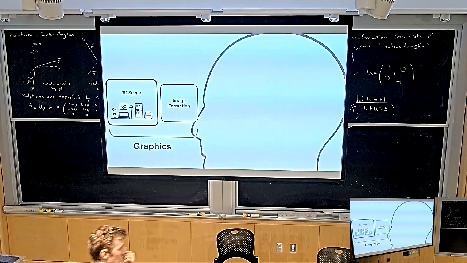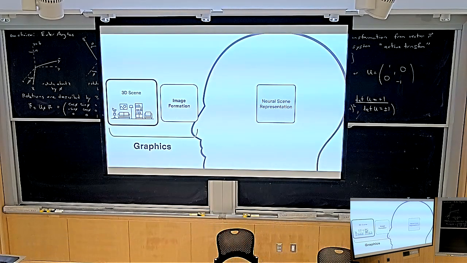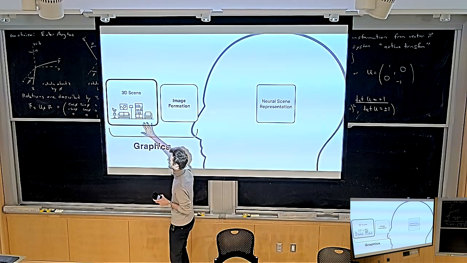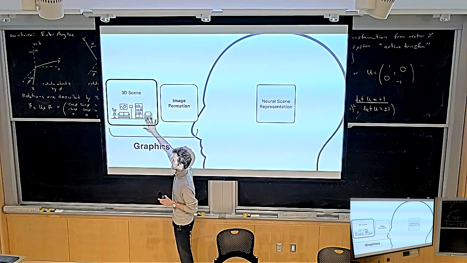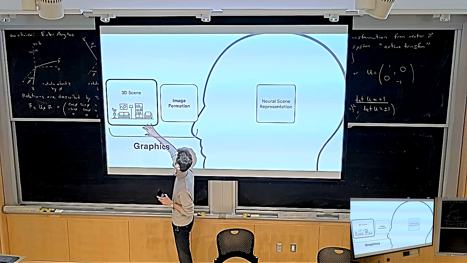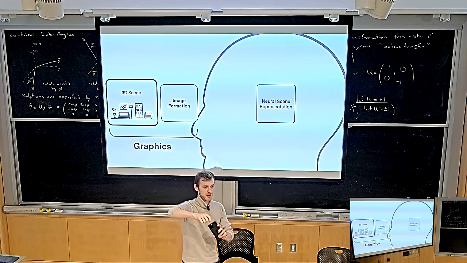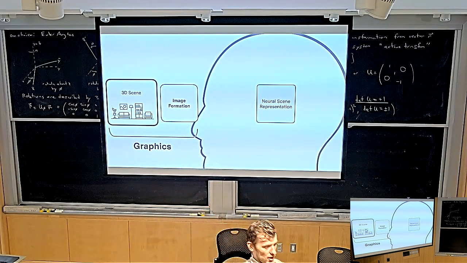With this in mind, today we're going to talk about the first instance of how you go from images with neural networks to some representation of a 3D scene. As a reminder, one motivation we had for the whole lecture was this image. Machine learning for inverse graphics is the title of the lecture. Graphics tells you how to get from a 3D scene plus light sources, materials, geometry, and so on, to a model that allows you to simulate how light bounces around and how images are formed on the image plane of a camera.